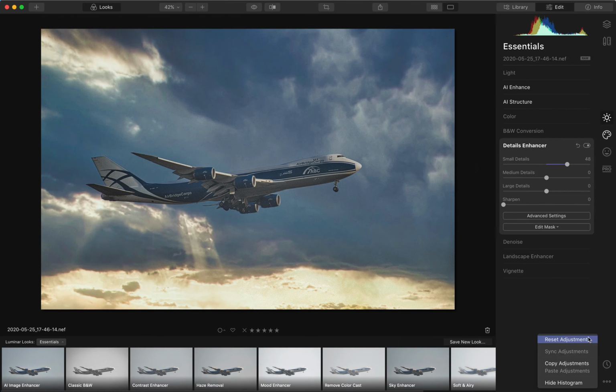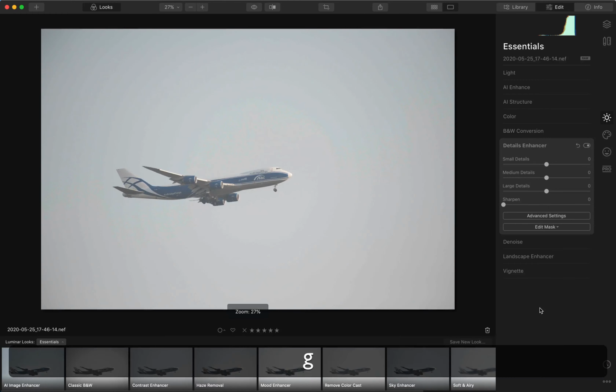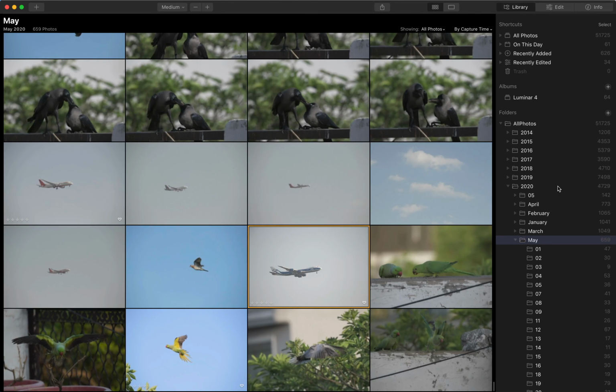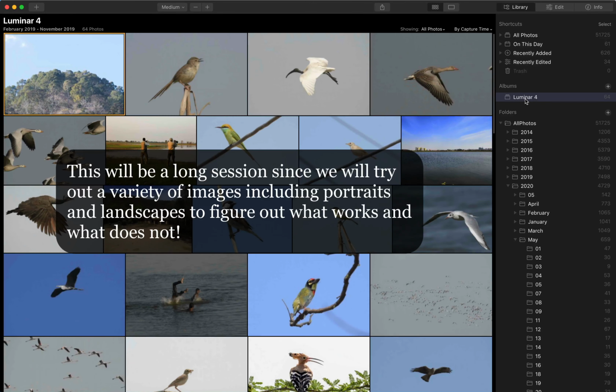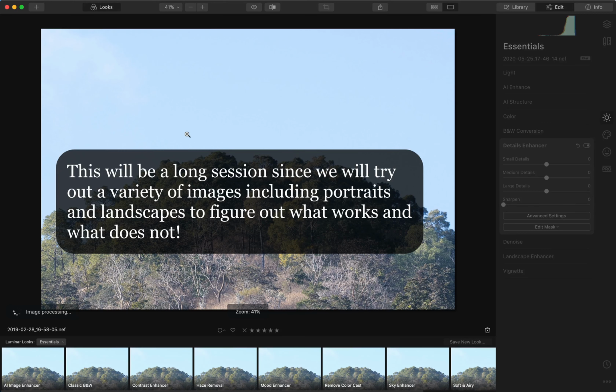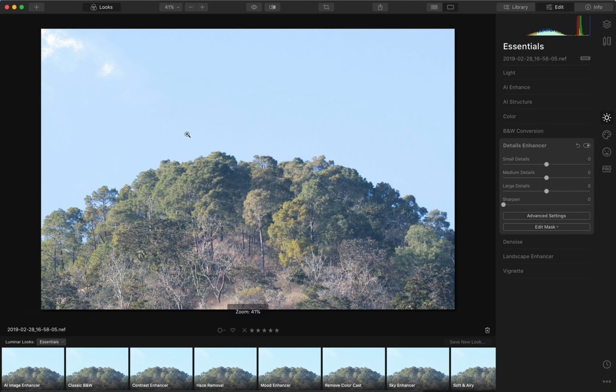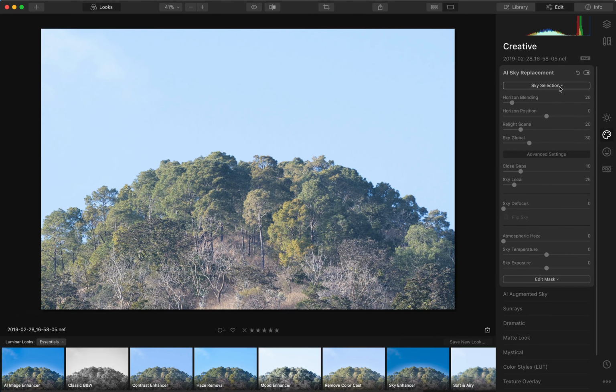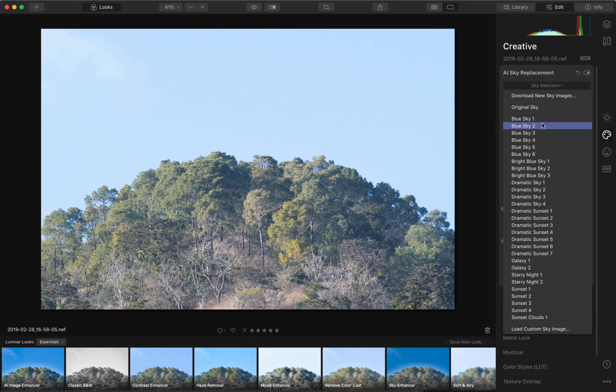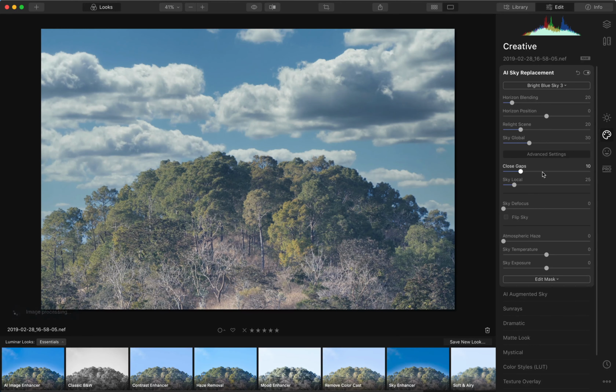So let's reset this again, go back into our grid mode. I have added some images that we can actually see the effects on. I haven't tried these, so we are trying these together. Let's go back into our sky replacement. This, let's try, okay, and we relight the scene. If you can see what happens,